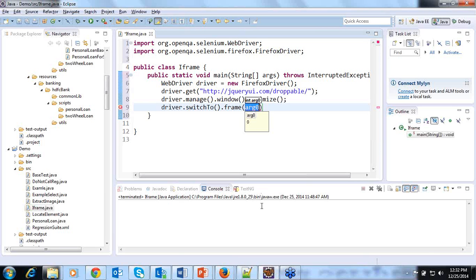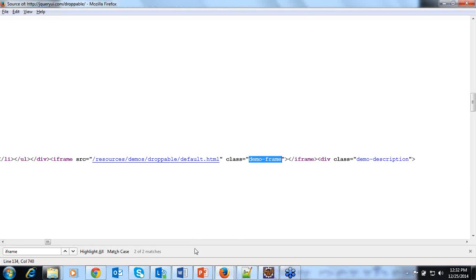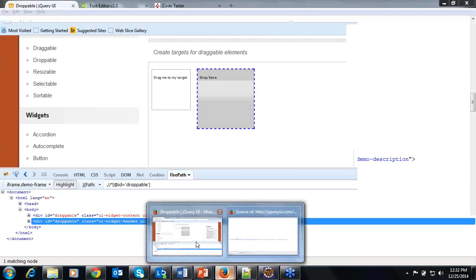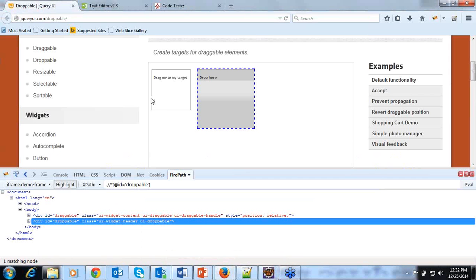As per the source, only one iframe is there, so let me give the iframe number as 0 so that it will allow me to work with all the elements present inside the frame, like drag me to my target or drop me here.